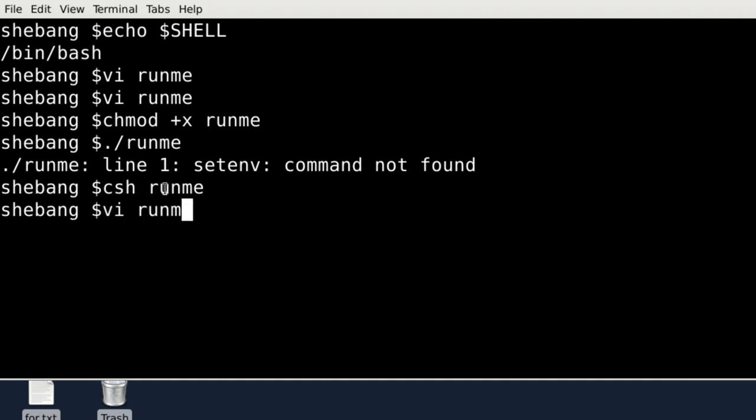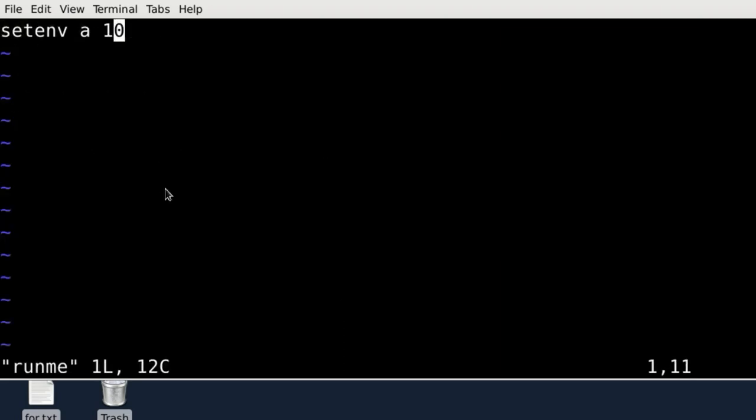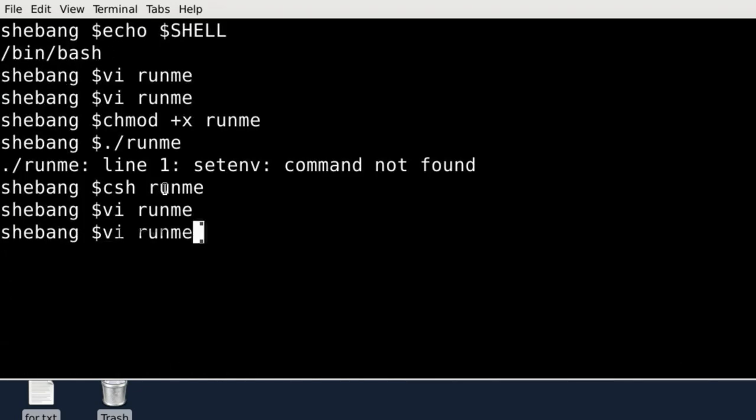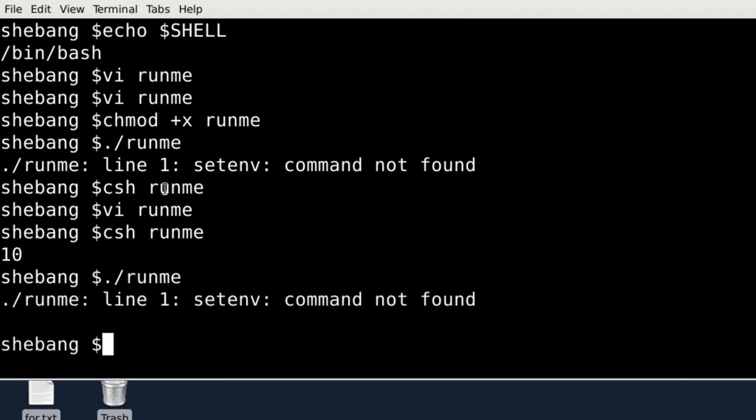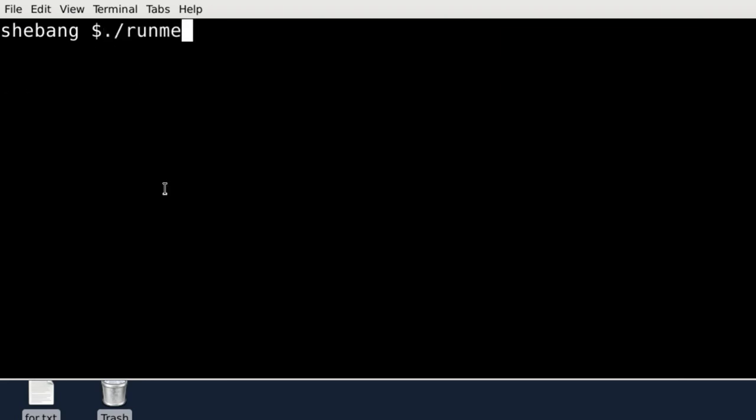So let's just modify the script and also do echo $a to print the output of this variable, right? So let's just do it quickly. If I run the C shell again, you can see the 10 is coming. But if I run the simple ./runme, it's on the bash shell, it's a problem, right? So we fix it by this method. Now, alternatively, you can